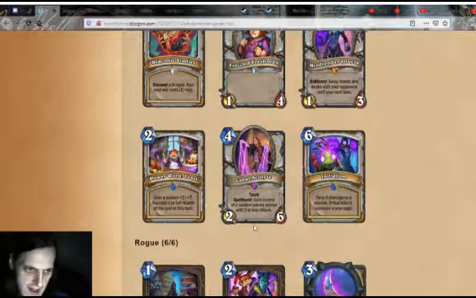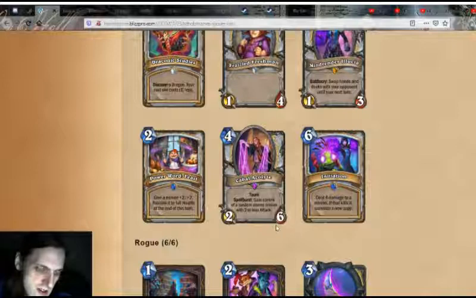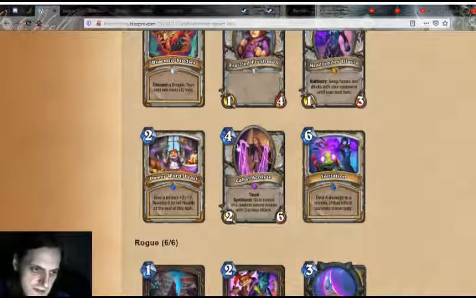This seems really easy to play around, but it is just a 2/6 taunt. I don't know, it's interesting. In late game, like when you have more mana, it might be easier to set up the steal in the same turn whenever you see it. Like, you just hold it. I don't know, it's an interesting card. I don't think it's great,